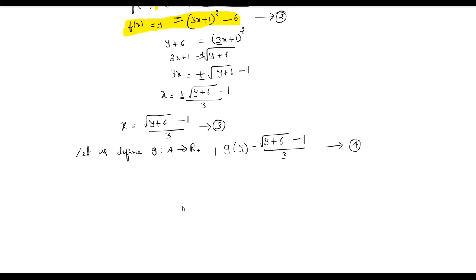Now we have defined a function g. Now we have to find out f circle g and g circle f and find out whether they are identity functions. First we will find g circle f, which is g of f of x. So g of, I told you for f of x I will be writing equation 2, not equation 1. So I am considering this equation. So for f of x we will be writing it as (3x plus 1) whole square minus 6. From equation 2 we could write this.